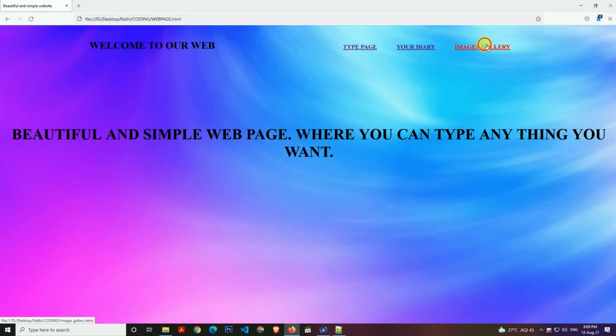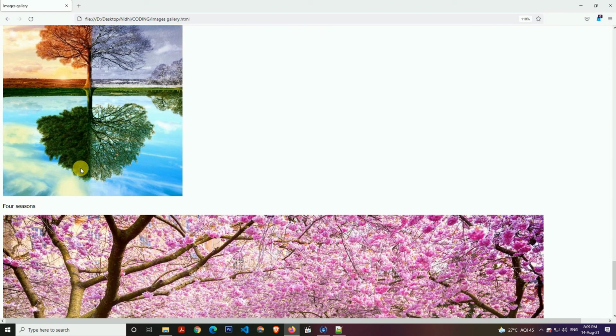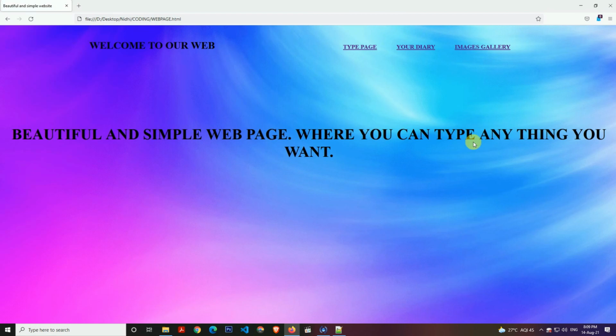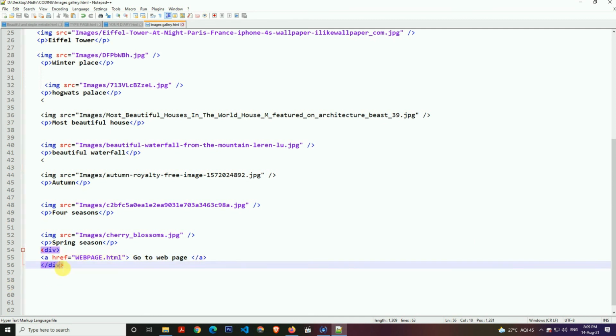Now as you can see, go to main page, images gallery, we have gone into this images gallery. So see, it's done. Go to our web page. We have come to our web page again. Good one. And we have to close our div tag also.